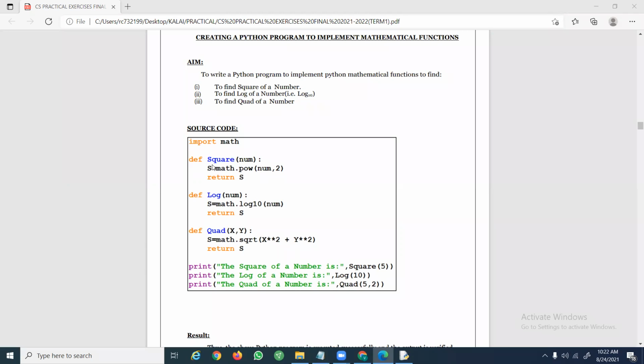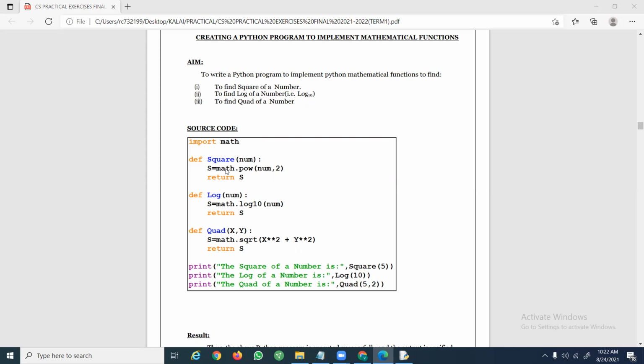To calculate the square of a number, I am going to use the POW function. POW stands for power. The power function takes two arguments. The first argument is the base, and the second argument is the exponent. Square means it is to the power of 2.